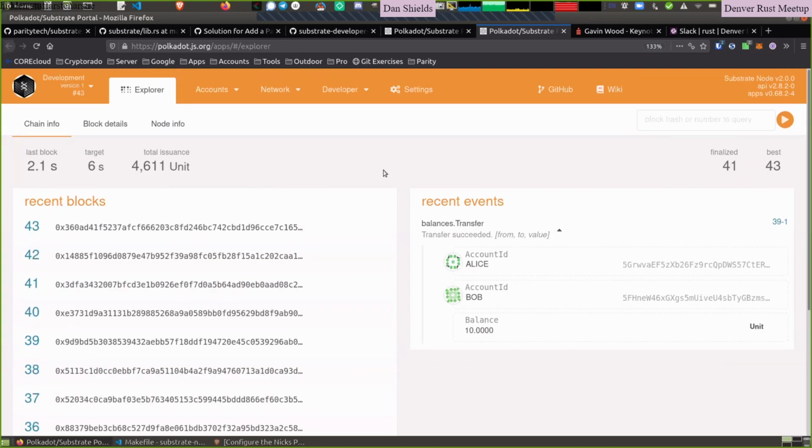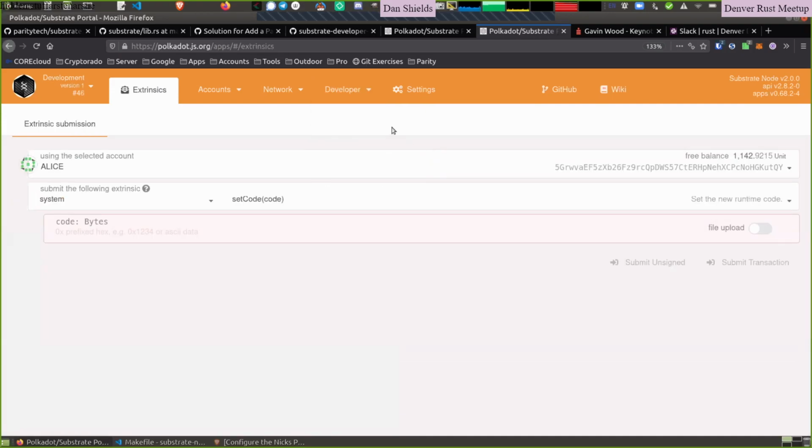So here, as you guys are getting more into the development side, as opposed to just sending funds around, because that's, you know, the naive thing, right? That's the thing that all blockchains, at least cryptocurrency-based ones, must do to be functional. But beyond just sending money around, what can you do? So in the developer interface, specifically under extrinsics. So extrinsics effectively identifying that we are making a call from outside the network into the network, right? So we're submitting something, specifically in this case through the JSON RPC to one of the nodes to process something,